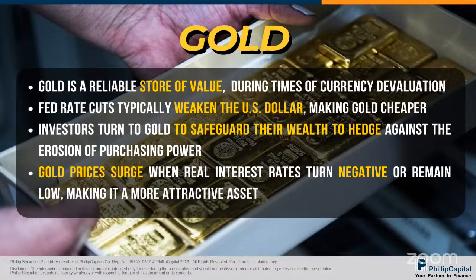So gold is also an effective hedge against inflation. As the Fed lowers interest rates to stimulate economic growth, inflation concerns will rise. When inflation erodes the purchasing power of currencies, investors will choose to buy gold to preserve their wealth. Historically, we have seen gold prices surge when real interest rates turn negative or remain low, making gold more attractive. The last time we saw a significant rate cut, the gold price climbed as investors looked for stability. And with the Fed expected to continue reducing rates into 2024 and 2025, we could see the gold price go